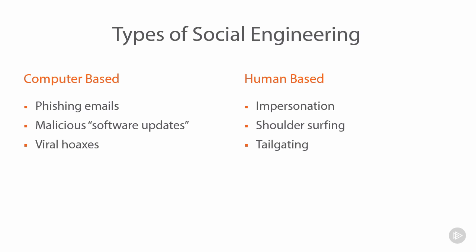So as we proceed through the course, you're going to see many examples of both. Purely computer-based social engineering, where the attacker is simply communicating digitally, and human-based engineering, where the attacker actually has to get engaged with the victims. So remember this definition as we move through the course.